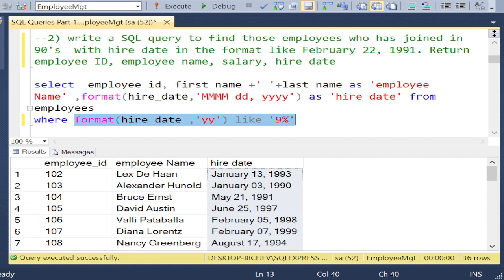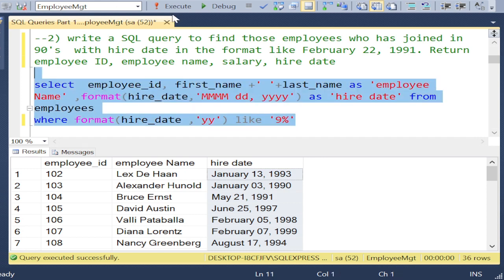Here to get the details of employees whose hire date is in the 90s, I have used a condition in a where clause with a format function and like operator. Let's execute this query. So we are getting it in this particular format and all employees joined in the 90s. So our next question is